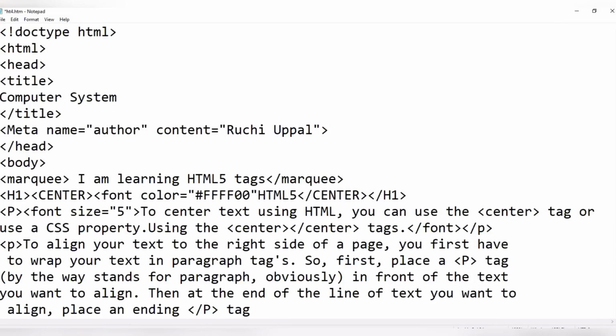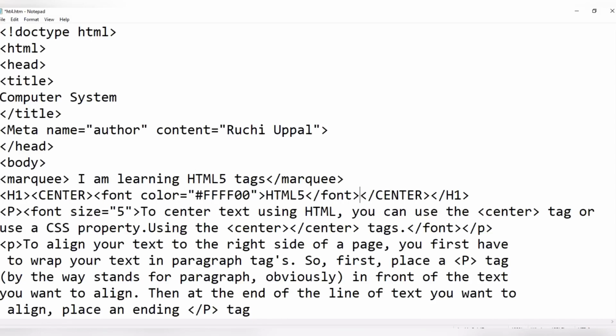Now after that what I will do, I will simply write the bracket. Simply write down the bracket here. Clear? And I have to close my font tag too. Obviously I have to close it. So what I will do, font, copy, I will paste here, center here. Like this. Fine. Let me remove the BR tag.